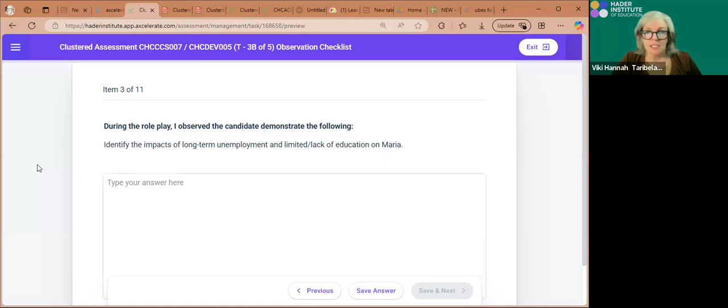And the third is, did I observe the learners identify the impacts of long-term unemployment and lack of education on Maria? So wanting to go back to school, being able to have a future to provide for herself, so that working in the factory, if that's not really what she wanted to do, that maybe returning, so earning or learning is a term that often gets used with young people,